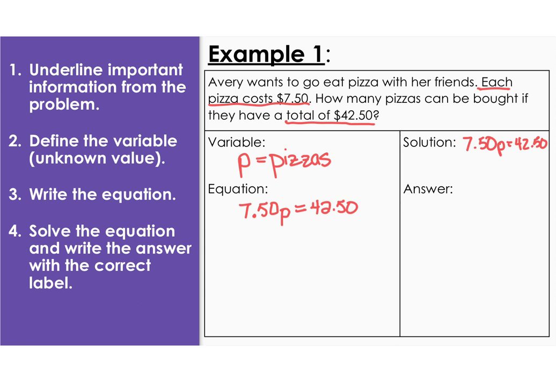It says 7.50 times p, so the opposite of that is division. Whatever I do to one side, I do to the other. 750 divided by 750 is 1, so that leaves me with p on the left side. Bring my equal sign down, and I get